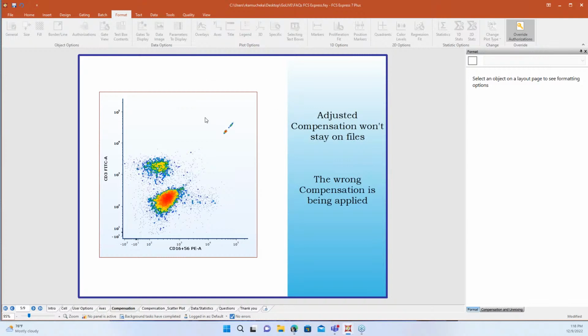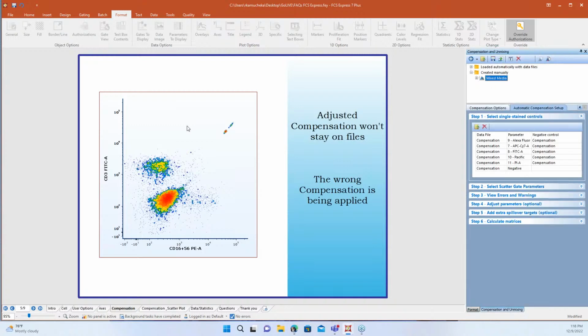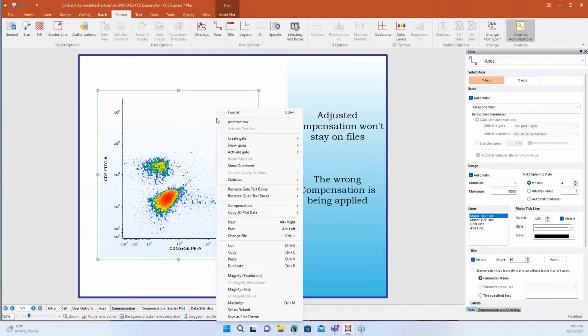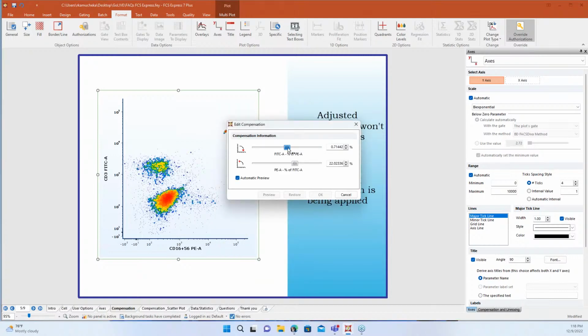So what can happen in this instance, I am using the data file for my compensation here. So when I look at this plot, it's going to be using the compensation from the sample itself. So this is donor tube 2, and that's the compensation that it's using. Now, if I needed to make some adjustments here, I can do that, grab my compensation here, adjust these, right? We'll do something wonky just so you can see it. This is not the best approach, right? We want to have great controls so that we don't modify our compensation, but if you need to just make a small minor adjustment, you can do that. And we'll click OK here.